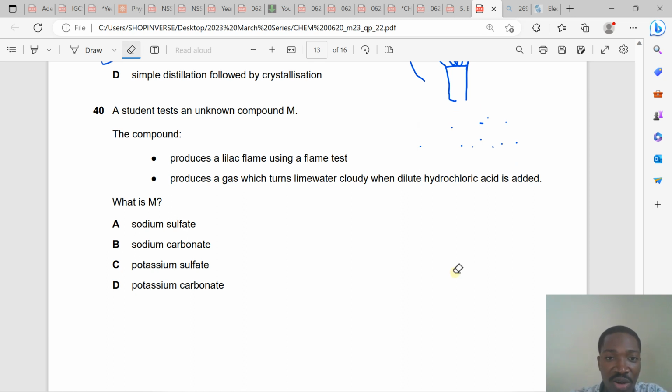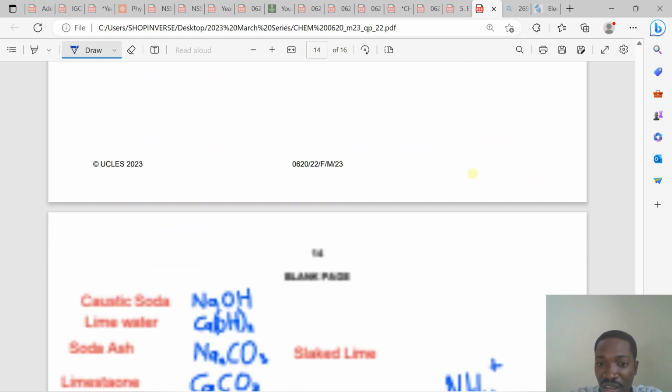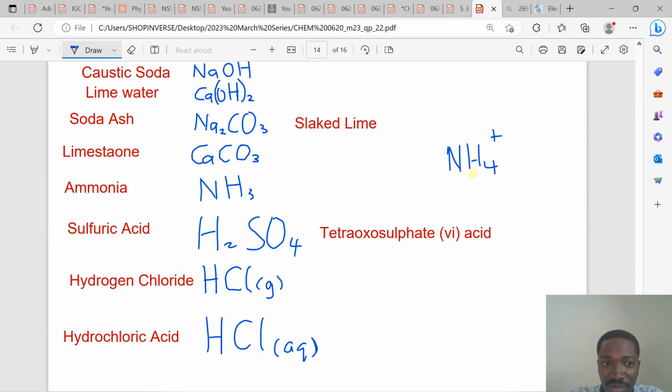A student tests an unknown compound M. The compound produces a lilac flame using flame tests. Also, the compound produces a gas which turns lime water cloudy when dilute hydrochloric acid is added. It turns lime water cloudy under an acidic medium. What is lime water? Lime water is calcium hydroxide,